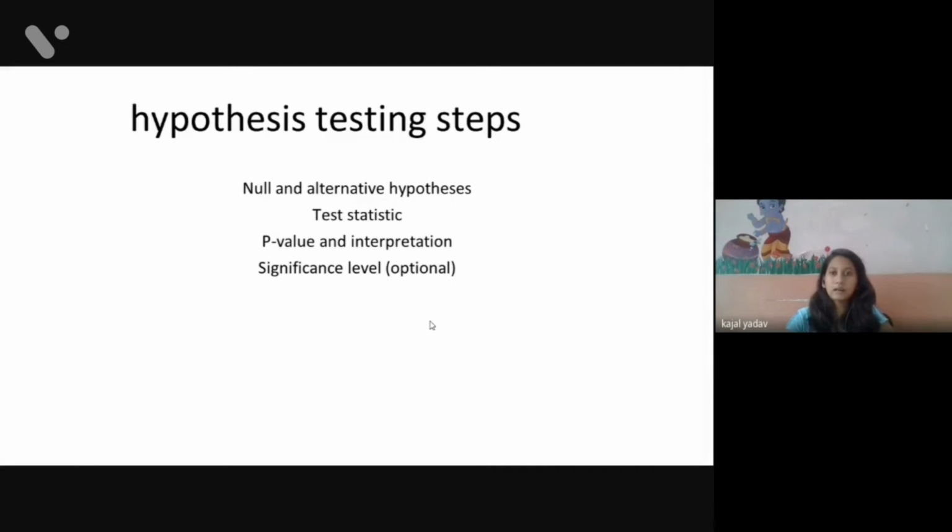There are 4 steps for the hypothesis testing. That is, we have to first of all consider the null and alternative hypothesis, then the test statistic, then the p-value, and the interpretation and significance level. So we have just considered the null and alternative hypothesis. What is the p-value then?